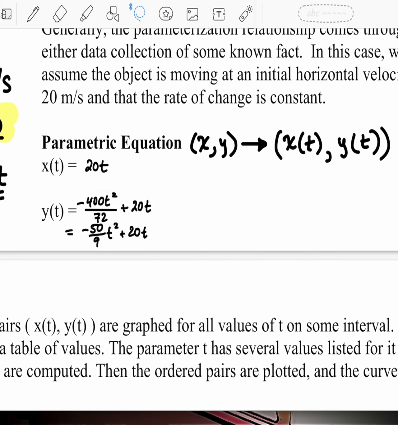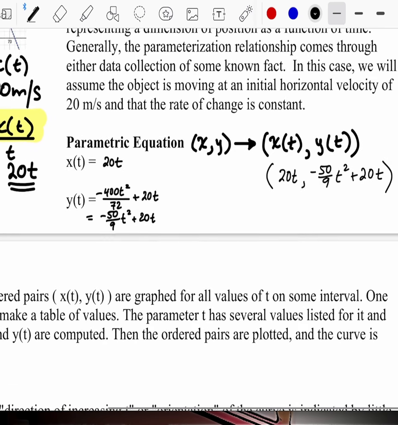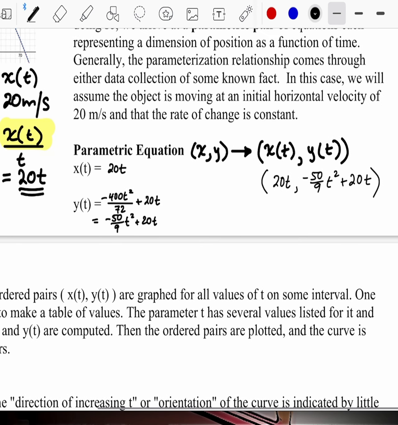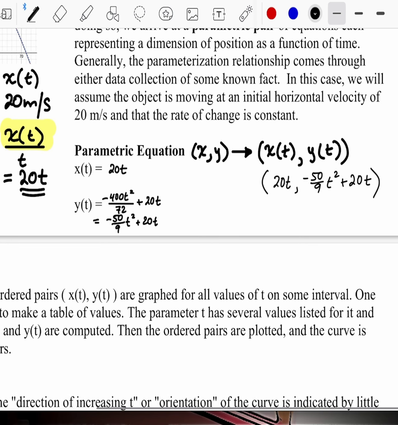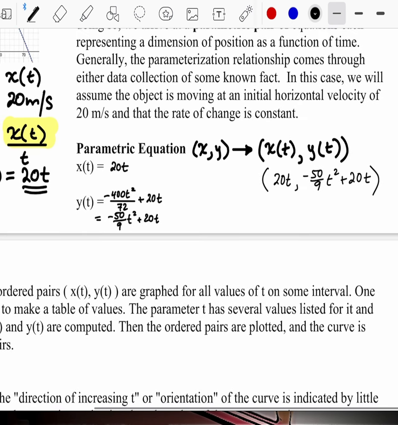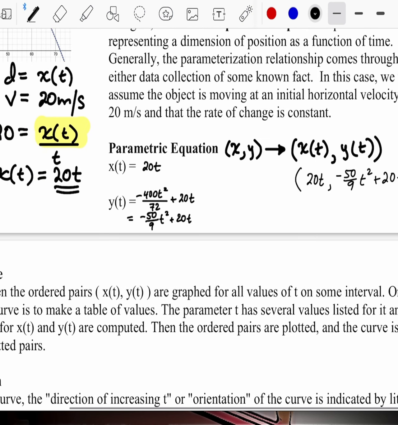So I could look at this as an ordered pair of 20t, comma, negative 50 over 9 t squared plus 20t. And again, it's going off the grid. I don't know why. So this would be my parametric pair, and it would be written as a function of time. So I would call this f of t instead of f of x. It's a function of time. So f of t is equal to this parametric pair,